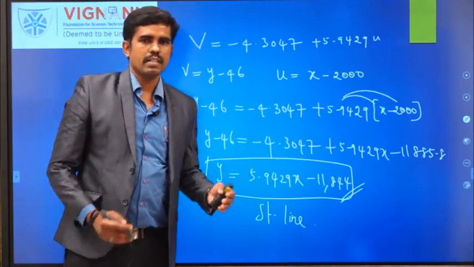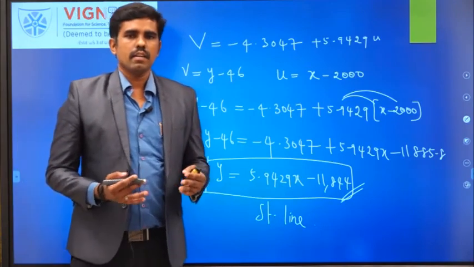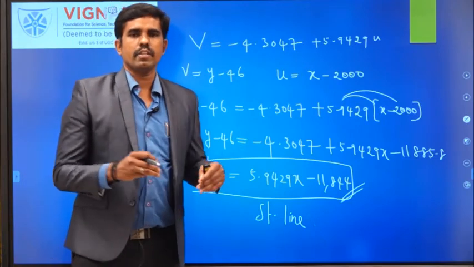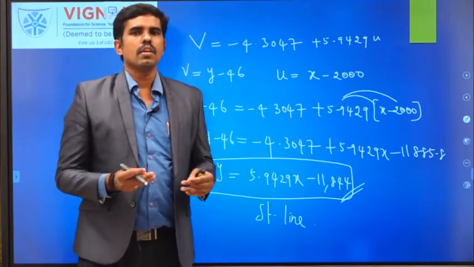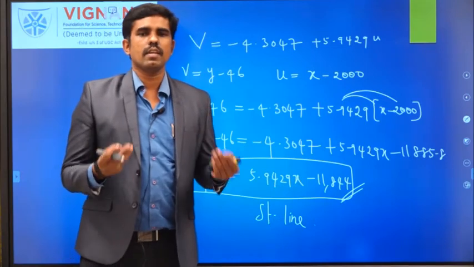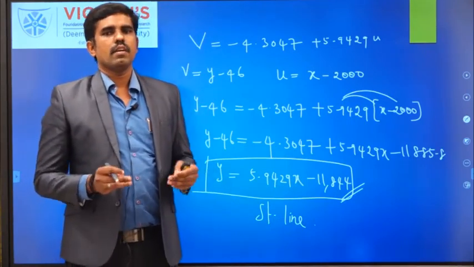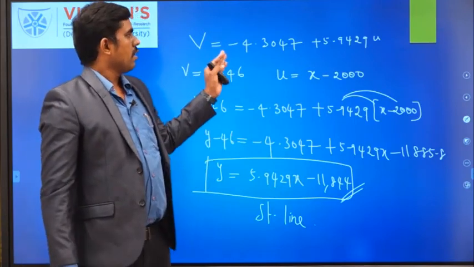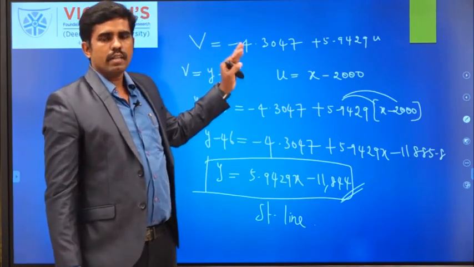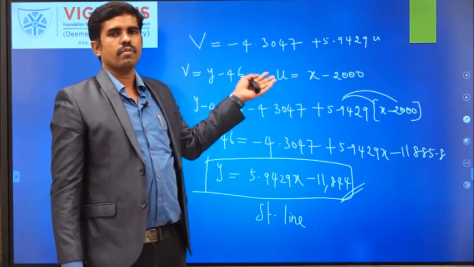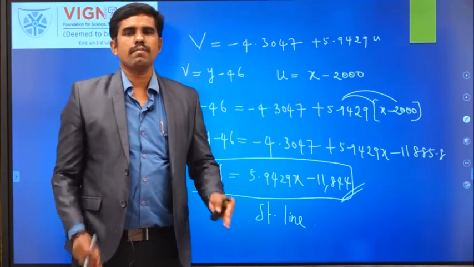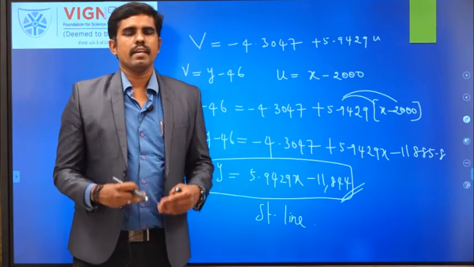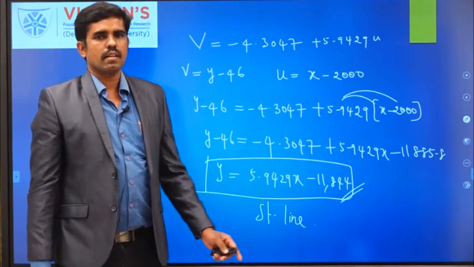So in this method, what is the difference? Normally we can go with the values of x and y, but here we are changing the scale. Why are we changing? To reduce the calculation risk and the time for doing the problem, we do the change of scale. After changing, y in terms of v and x in terms of u, we do the problem for u and v, then we change back into our required x and y. So that's all from this problem.